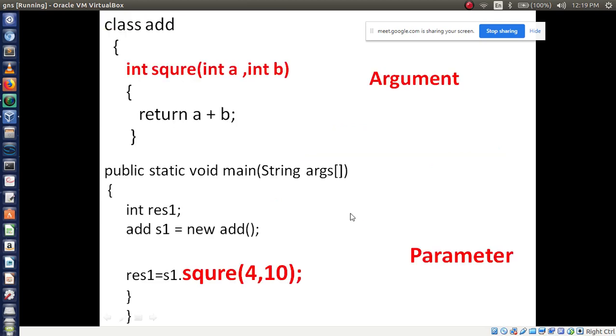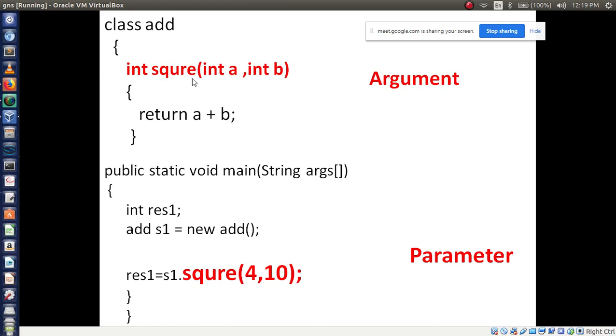Let's see here. Try to understand. The class name I have written is add, or you can write any name, for example AITM. Now, method or function, both have the same meaning, don't confuse. Here I have written the method name, that is square, of int type, so it should return an integer value.